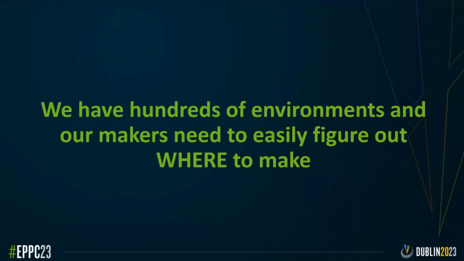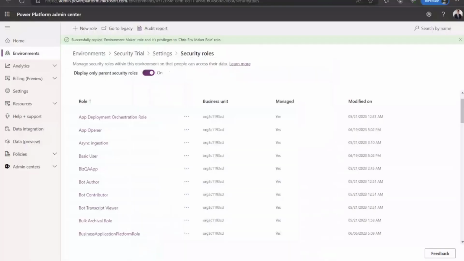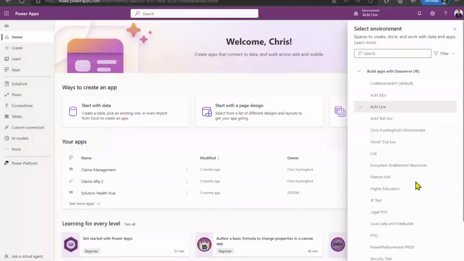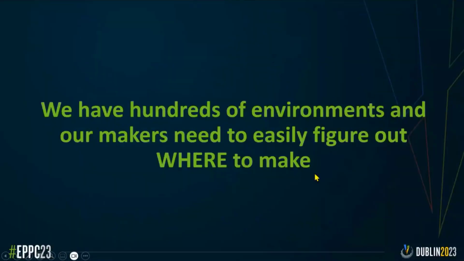So when you log on as a maker, you get assaulted with what I would kind of call this experience here. Now, imagine you have 75,000 people accessing the maker experience. So this is where this all stemmed from, okay? So anywho, we were like, okay, well, how do we do this? How do we control where people make stuff?